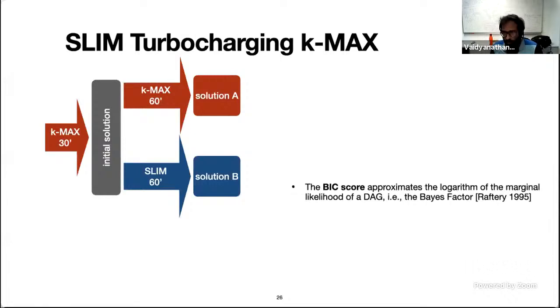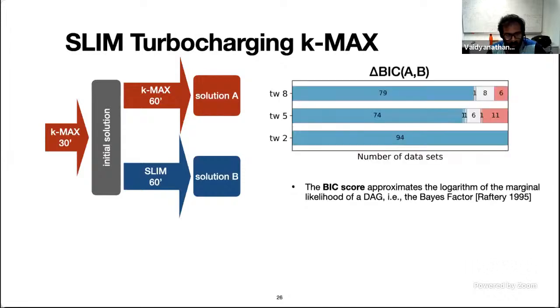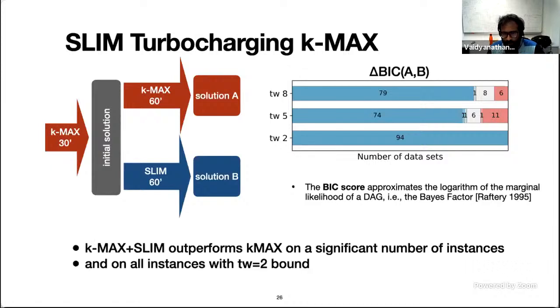Sorry. Okay, yeah, so I'll quickly go over the experimental evaluation and what we learned from this. For our experimental setup, we started with an initial solution that we got from this heuristic after 30 minutes. At this point, we split into two parts and we run Slim over the solution to obtain solution B. And we continue running the heuristic over the solution to obtain solution A. Comparing these two solutions by the BIC score metric, we saw that the Slim solutions significantly outperform the